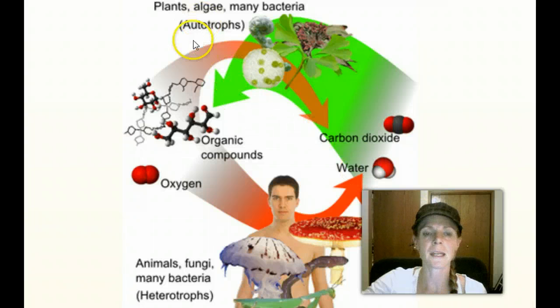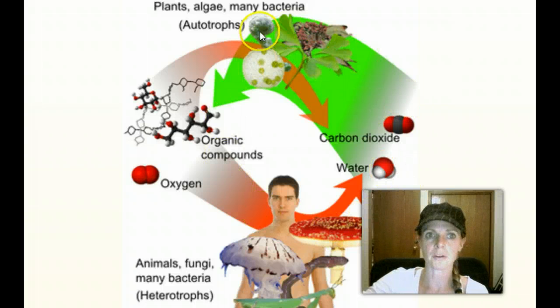Plants, algae, many bacteria, those are lots of autotrophs, okay? And then your heterotrophs would be animals, fungi, many bacteria. And this just kind of shows the system of how this works. Basically you're producing your food for an autotroph,